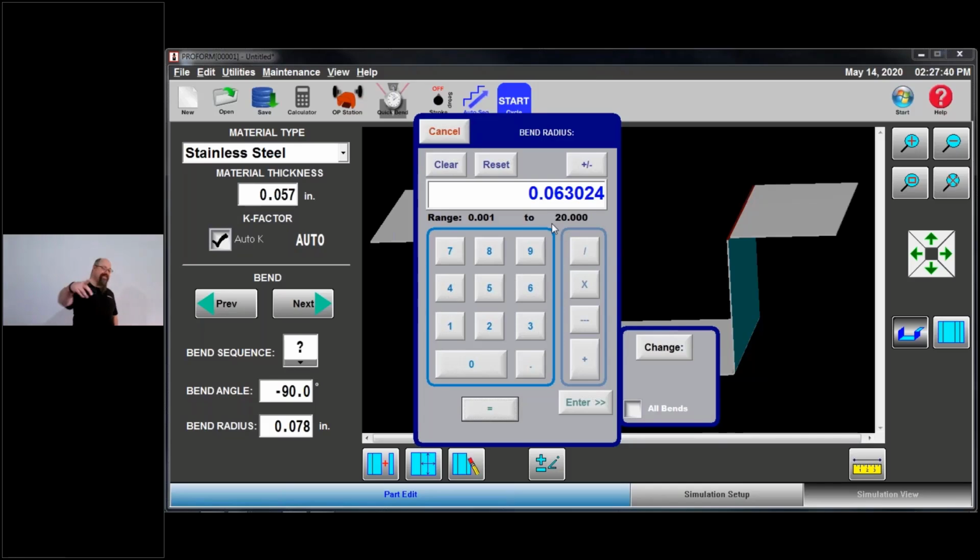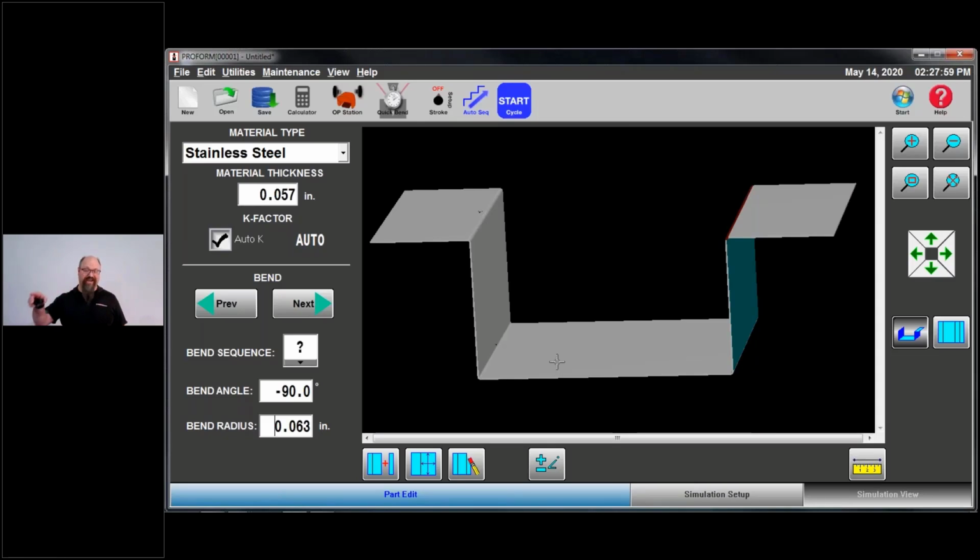And you'll notice that's a 1/16 of an inch. That's why that V opening is the way it is. It gives me a 1/16 bend radius. Now, I'm going to be bending all 4 of these angles on the same V opening. So I'm going to set all bends, I'm going to hit enter. This will physically change the length of your part.